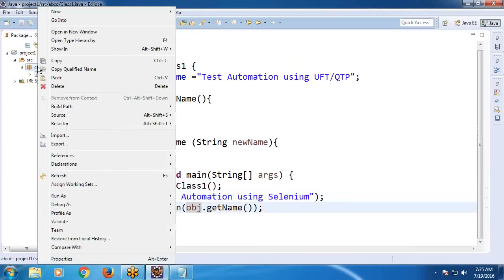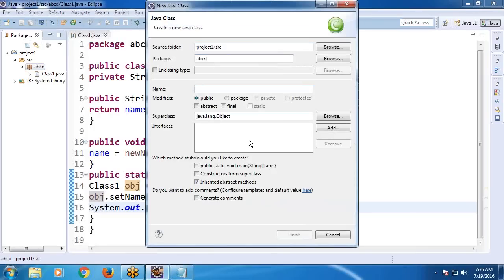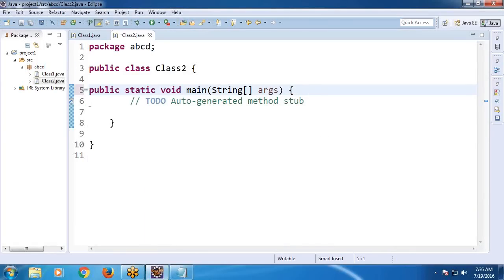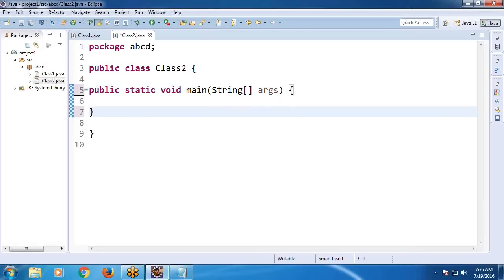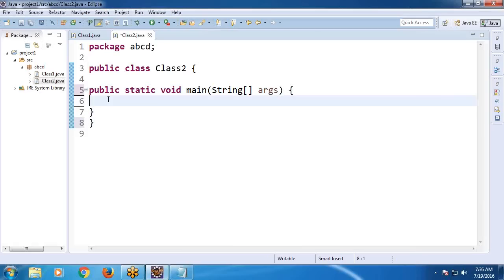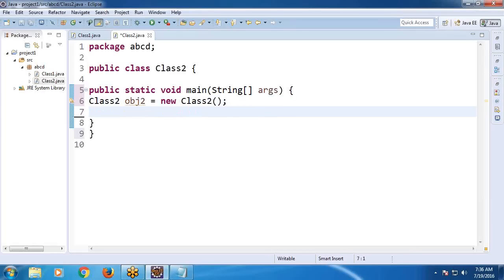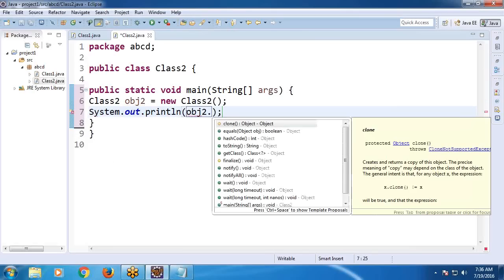Okay, you create one more class, new class 2. Create an object in this class 2, say class 2 obj2 equal to new class 2. Next, suppose the same, display that one, obj2 dot get,